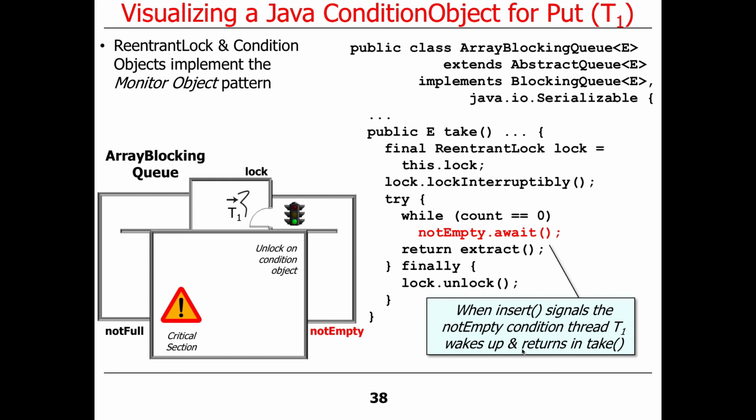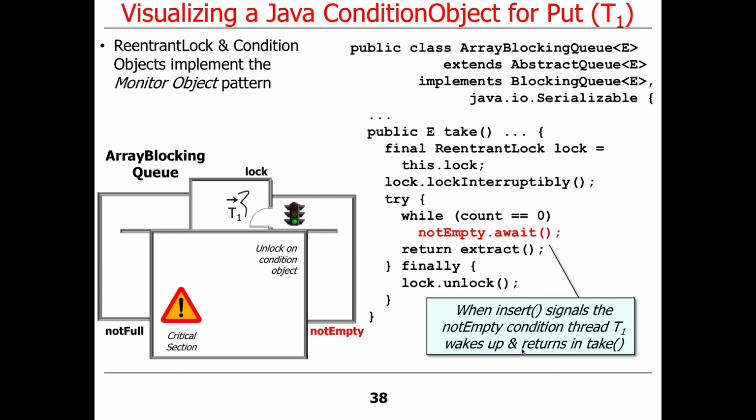And it'll say, aha, I am now able to move from the waiting set of the not empty condition object to the queue of threads, if there are any other threads, that are waiting to get into this lock. And the lock is, of course, the lock up here, the lock that's protecting the overall